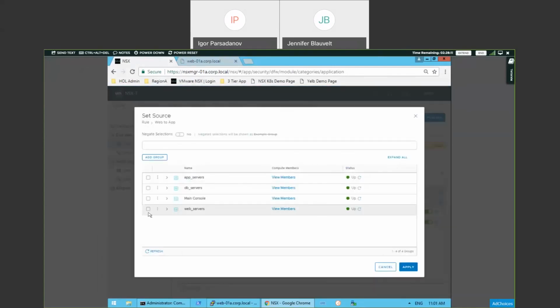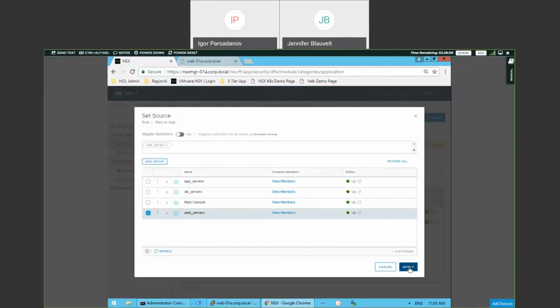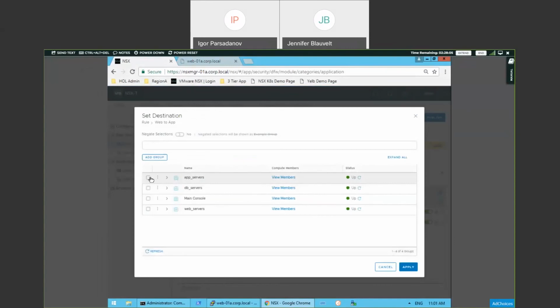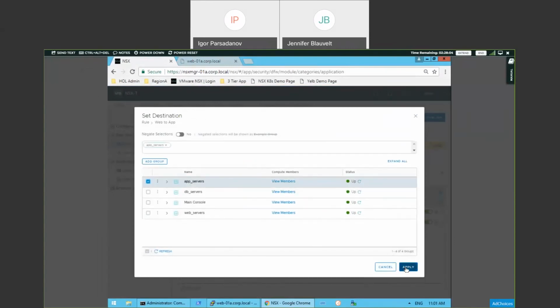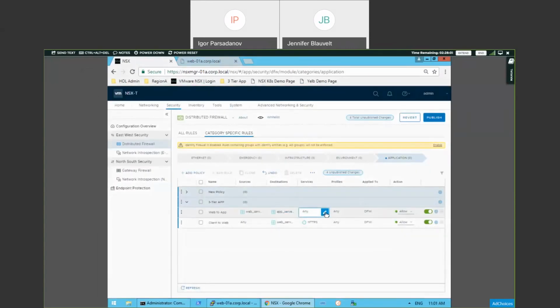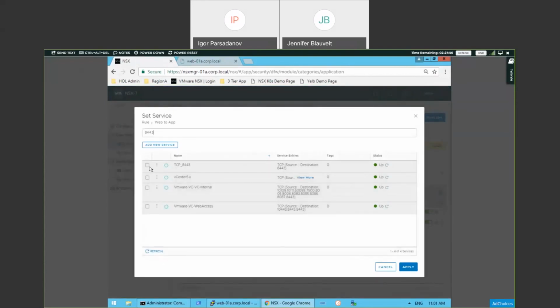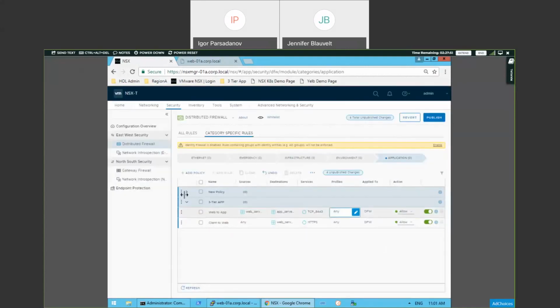And our sources are going to be our web servers, right? And our web servers are going to be talking to our app servers. And they will be talking on 8443 as our flow diagram showed. There's TCP 8443. And let's clean up, let's delete this new policy that I created by accident.